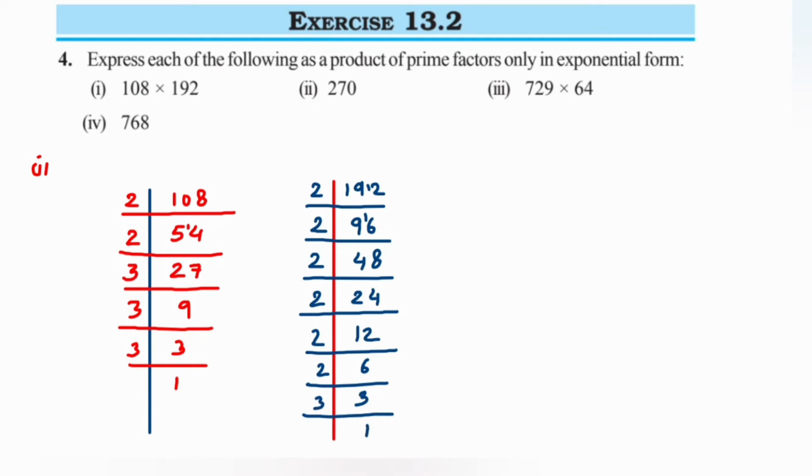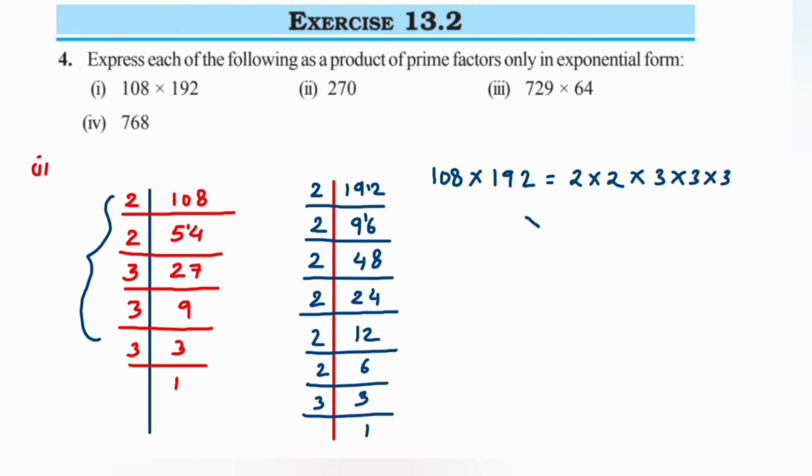Now what we're going to do is express this completely as a product of the prime numbers we got. It's a really simple one. I'm writing it down here. So 108 multiplied by 192 will be equal to, first I'm going to write down the prime factors of 108. So it is 2 into 2. Or you can also write all the factors of 2 together and 3 together, or you can just write in any way. And then we are getting 3 into 3 into 3.